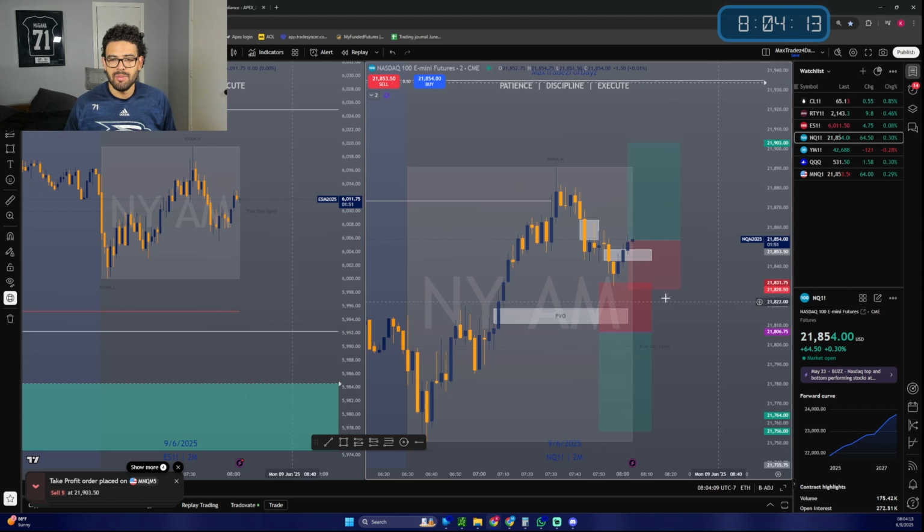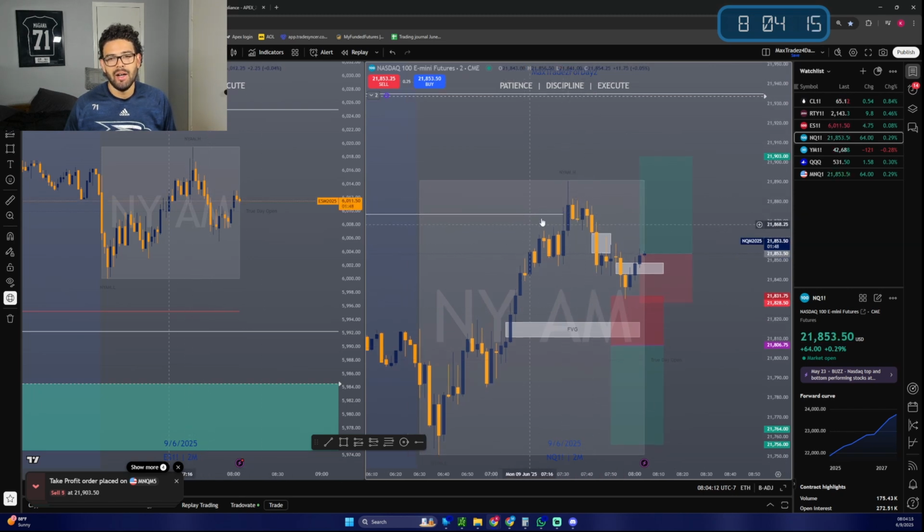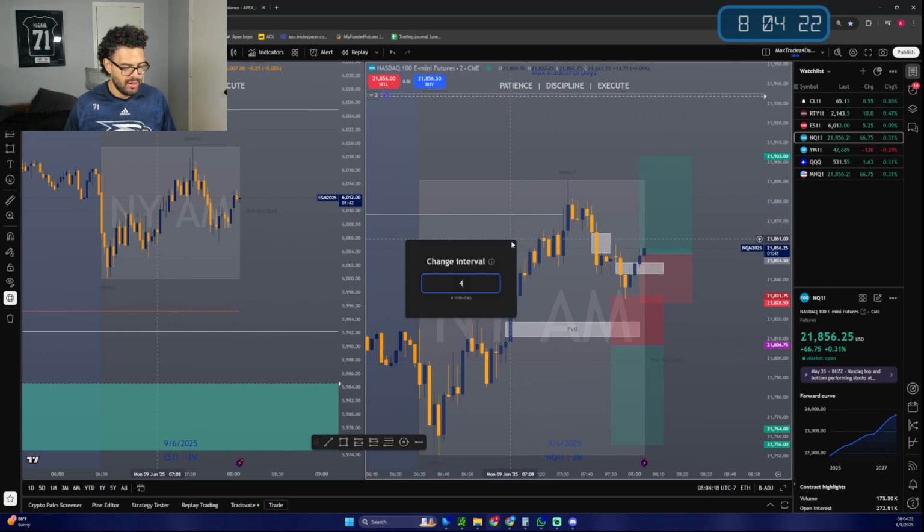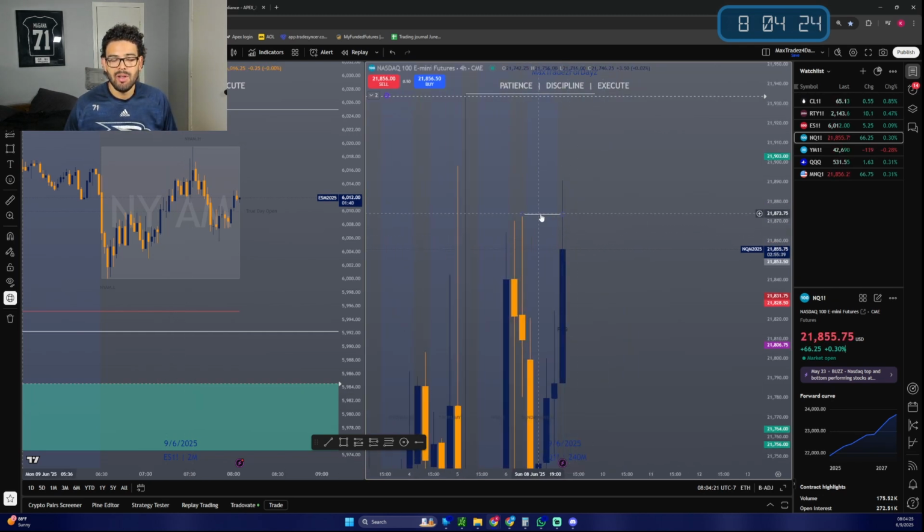I'll go ahead and show you guys the reason behind this. You guys see this push here higher. Now I'm requiring a gap somewhere up here to be able to take this short. I wanted in on this short because this level right there, 4-hour, is a liquidity zone, but I'm still expecting